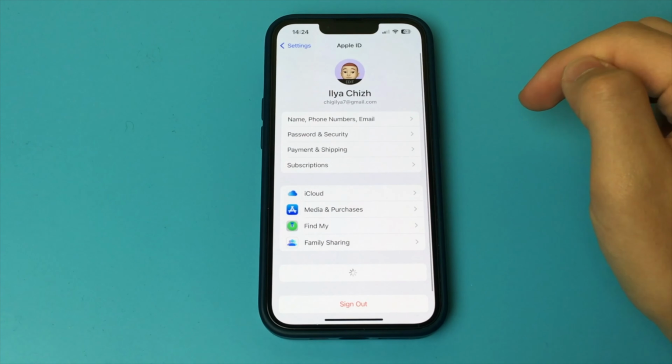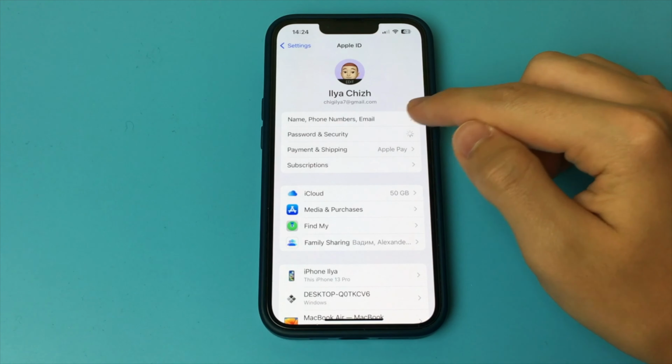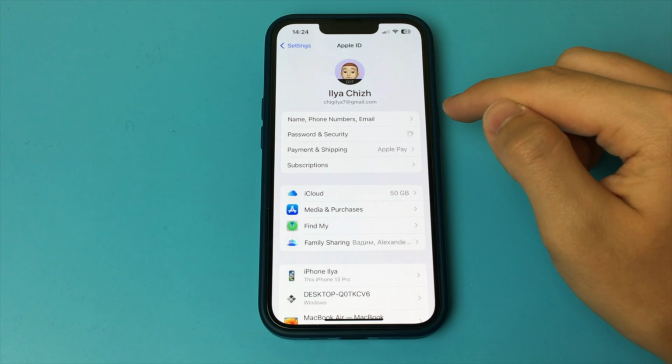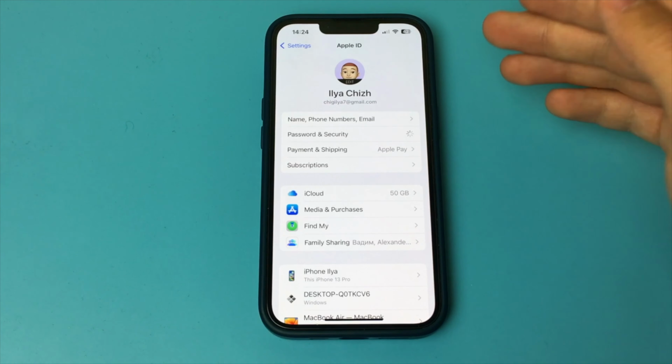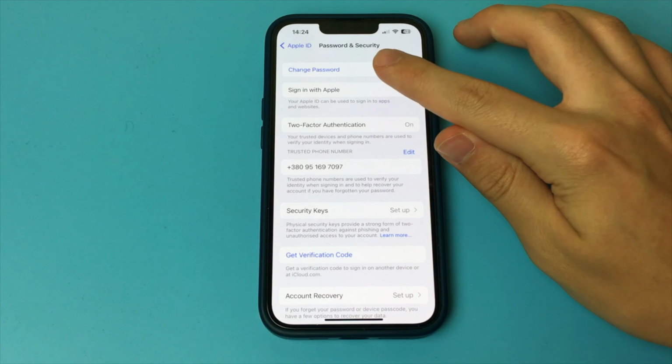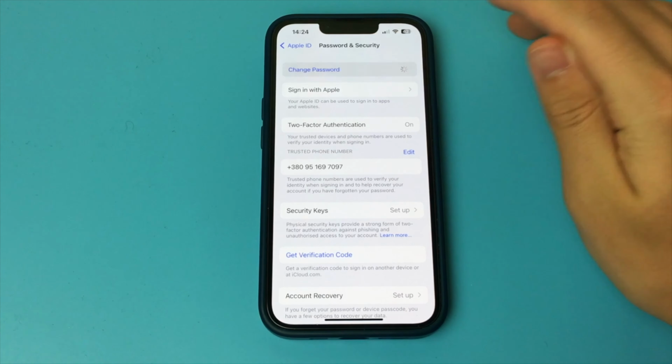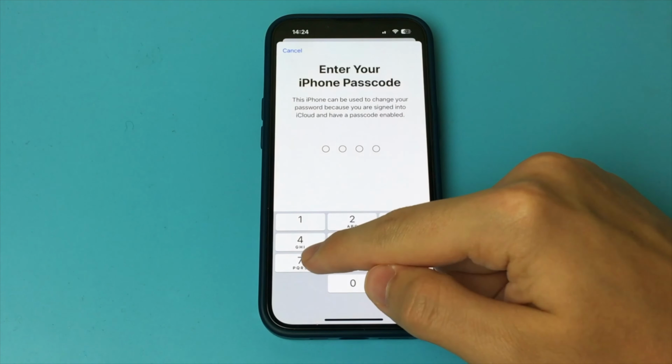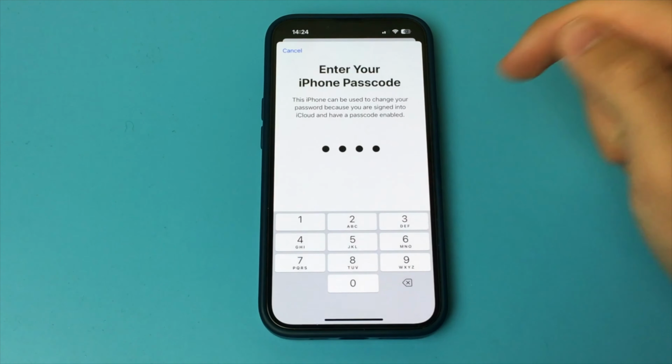For this, you just need to go into the settings of your iPhone. Go in. Now here we click on top on our iCloud. Now here we click on the item Password and Security. Wait literally a couple of seconds, it is loading the settings of all that we have in this item. And here we will have to click on the item Change Password at the top.